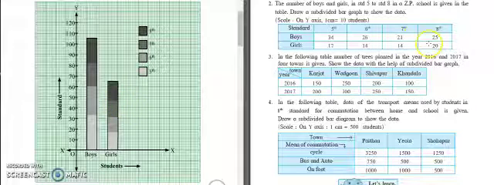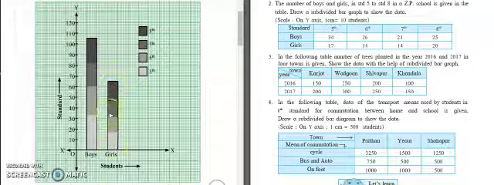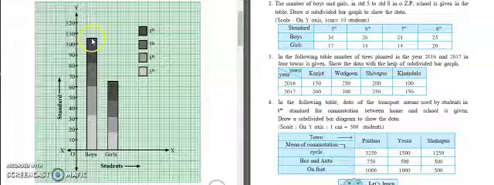Then again add 20 for 8th standard girls. So add 20 at this position, at 45. So you will get 65. So mark at the 65 position. So total girls are 65 and total boys are 106. This single bar can show the number of boys in different standards, and this single bar can show the number of girls in different standards. We have seen here how to draw a subdivided bar graph.